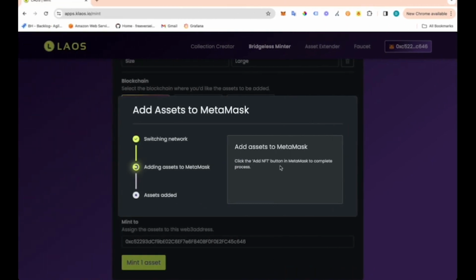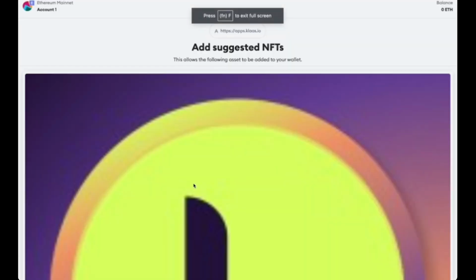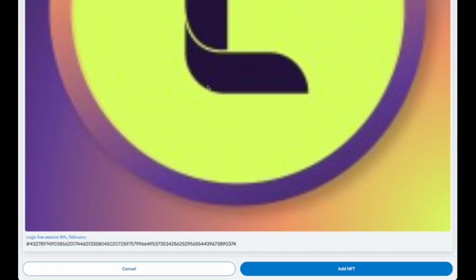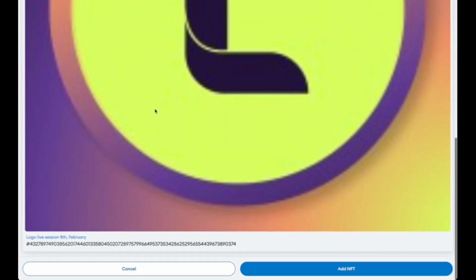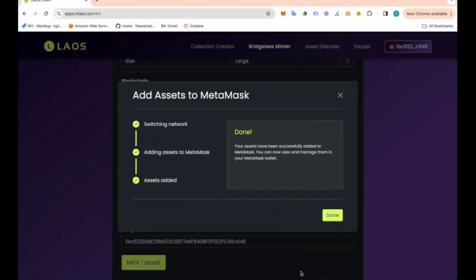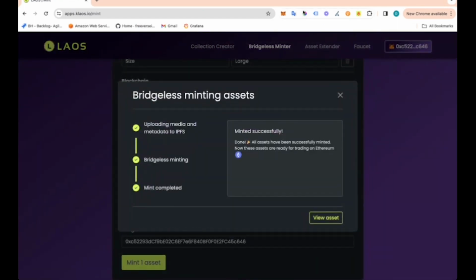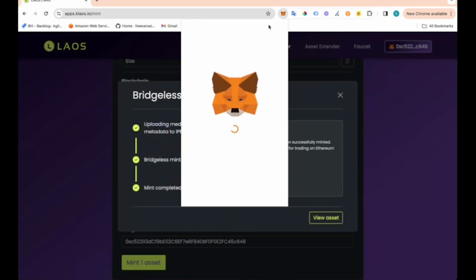I switch. And now I will be able to add the NFT. Here, look that I'm connected to Ethereum, okay? I will be able to add it. Okay, now it's added. And if we go to MetaMask,